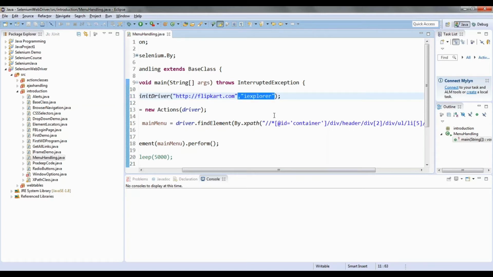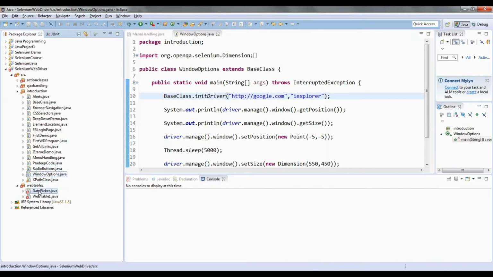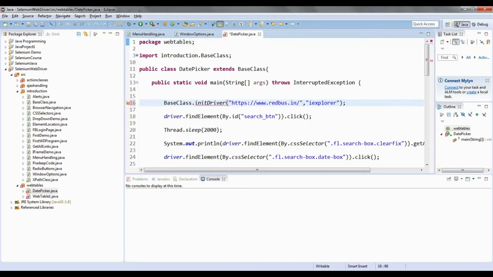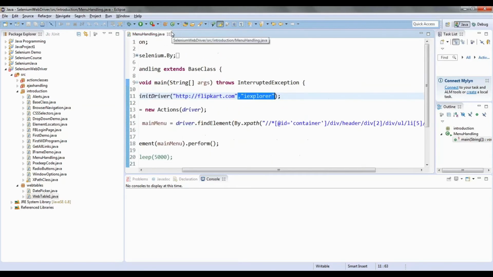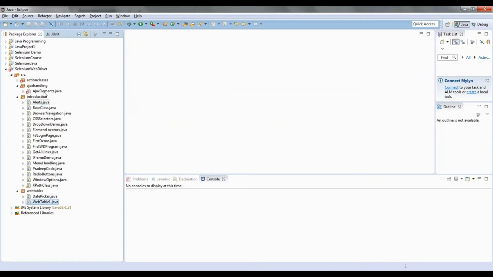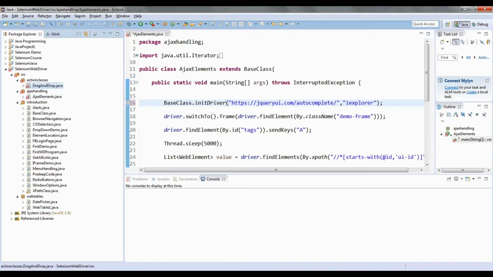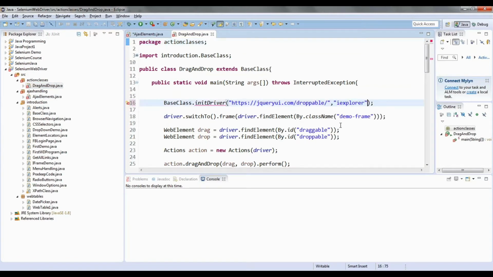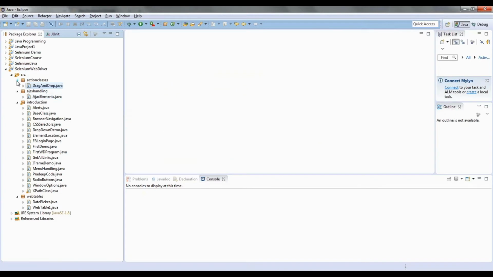So you can run your programs by changing just two lines of code, and you can access them wherever it is required. So here also I will put it, because the entire project will give me an error. Okay, so that's how we are going to handle it. Now it's clean.